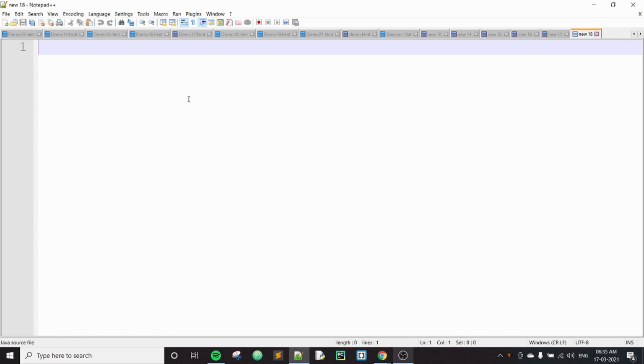All your Java programs will have a class in them, and all the code that you're going to write has to be placed inside a class. A class is a container which will have related methods in it. The way in which you have to declare a class in a Java program is you should have a keyword called class followed by a class name.